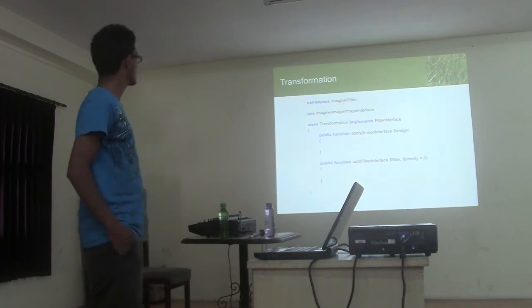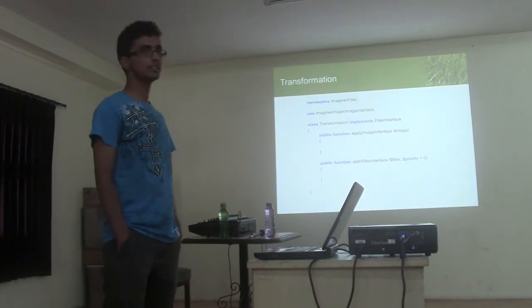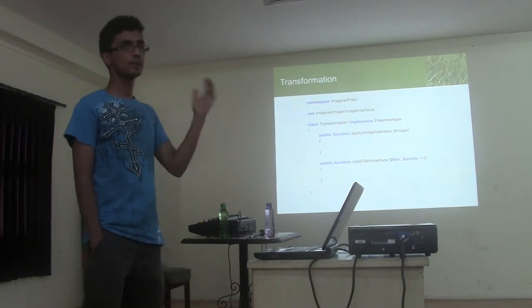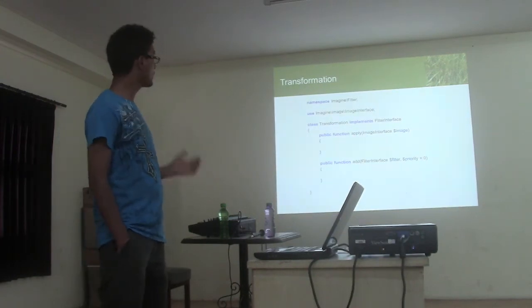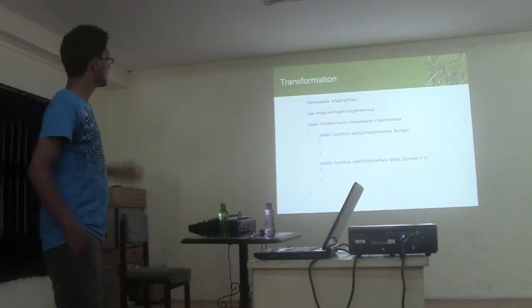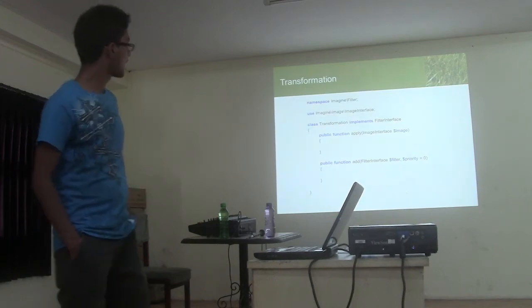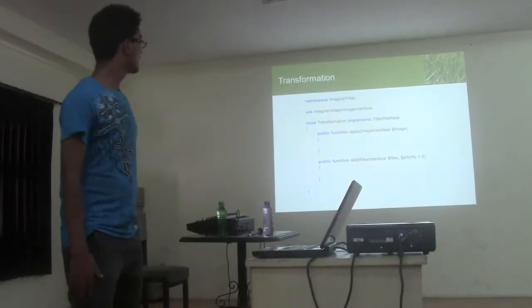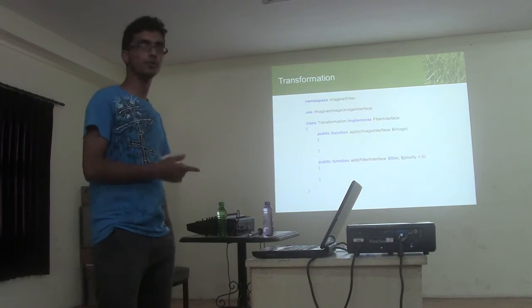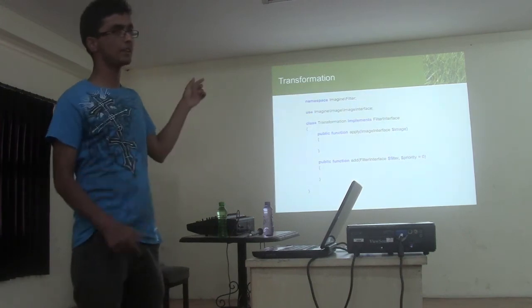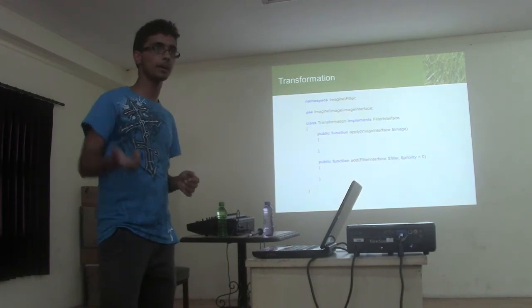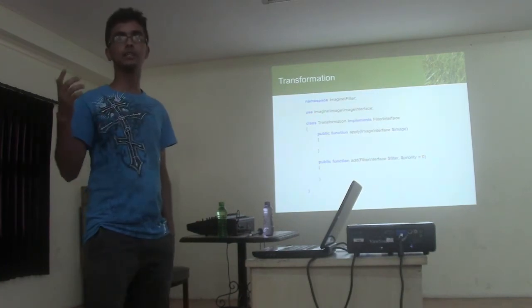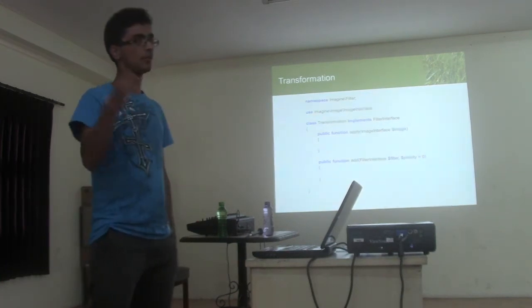First, let's discuss the transformation structure. This is what our transformation looks like. As I said, transformation is a special implementation of a filter, so it implements the filter interface. That's why it contains the filter apply method. And the other thing is it contains an add method. I said that transformation is just a queue of filters, so you can call the add method and attach different filters at different priority. So when the apply method is called here, filters with the highest priority are called first, from highest to lowest.